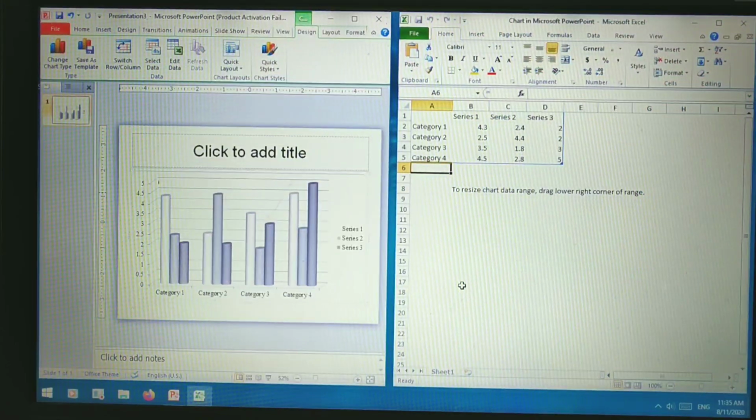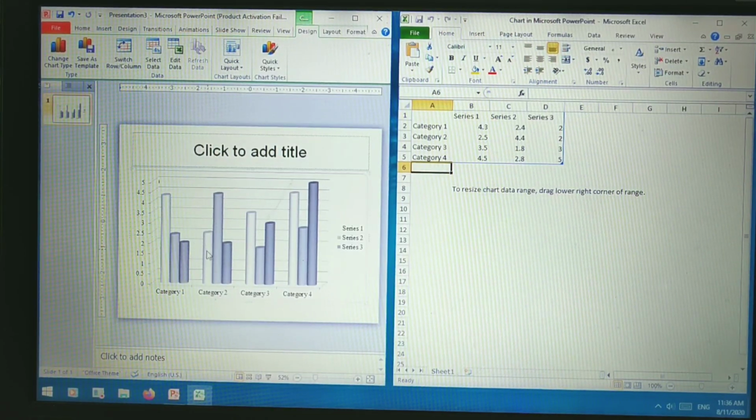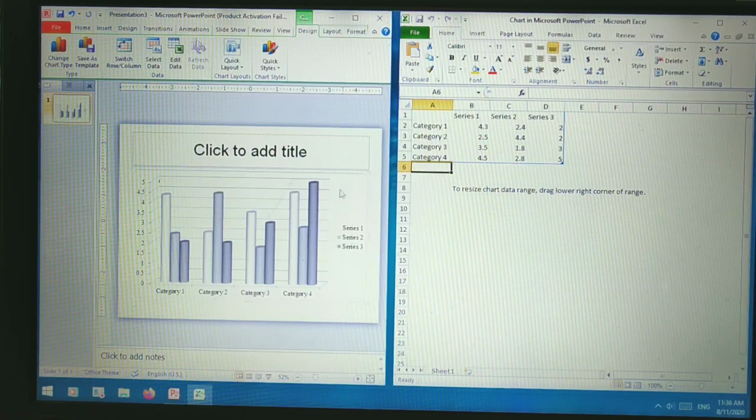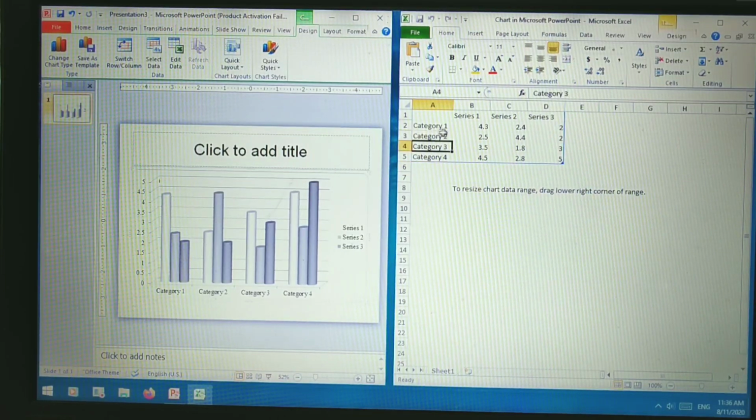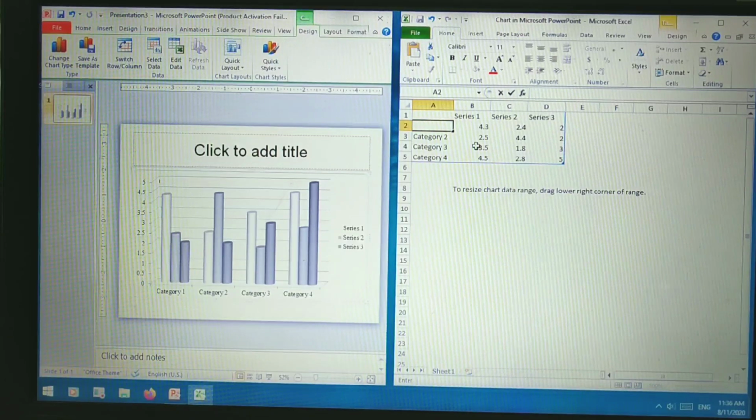As soon as you insert a chart, an Excel sheet will open, because all the data of the chart in the presentation is edited in the Excel sheet. The first category, I'll change the data. For example, I'll write China.